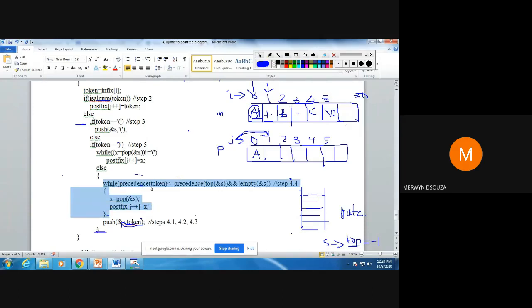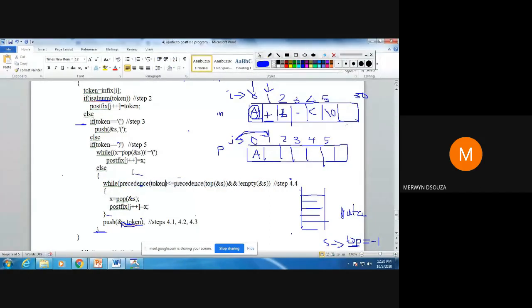So you are checking for the precedence. Okay, precedence means priority. You are checking the priority of your plus with the priority of whatever is there on the top of the stack. So when you are checking the priority, your stack should not be empty. So this while loop will execute if both these conditions are true.